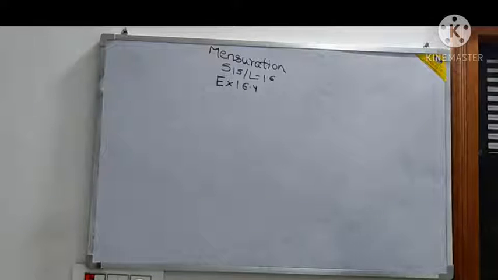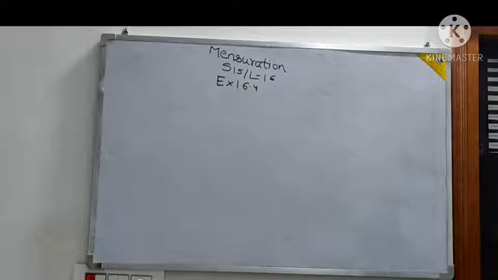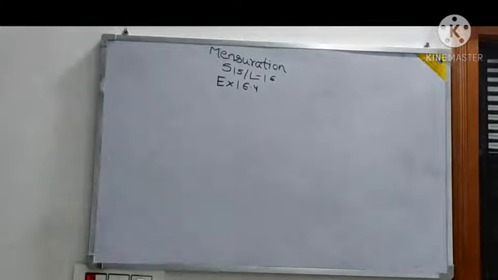Now the fourth question is a better one. A classroom is 10 meter long, 6 meter broad and 4 meter high. How many students can be accommodated if one student needs 1.5 meter square of floor area? Floor area means the area of the base you have to consider here in that cuboid. And how many cubic meter of air will each student have? That means they are basically calculating the volume.